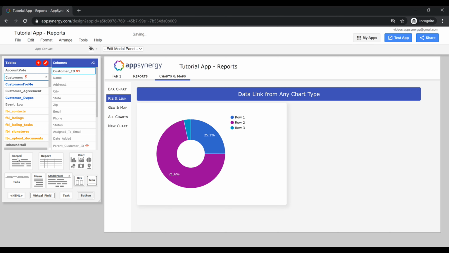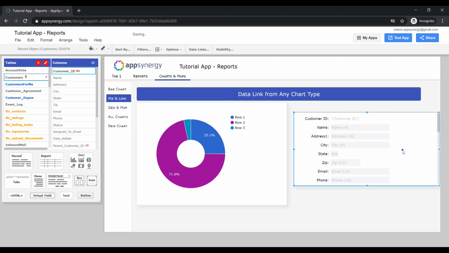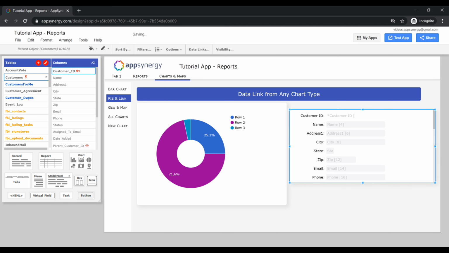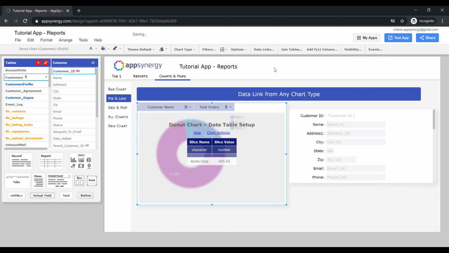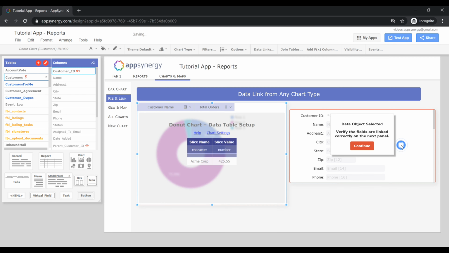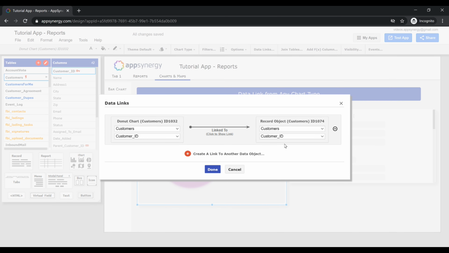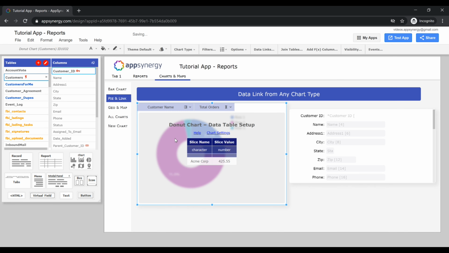So we're going to drag over the customer record from the customer table, and we're going to place it beside this object. Then we're going to click on here, and we're going to create a data link just like we showed in the first video, but here we're connecting from a chart to a record, and it's linked by customer ID. So therefore, it's going to show us expanded customer information when we click on a particular wedge in the pie chart. So if we run this,